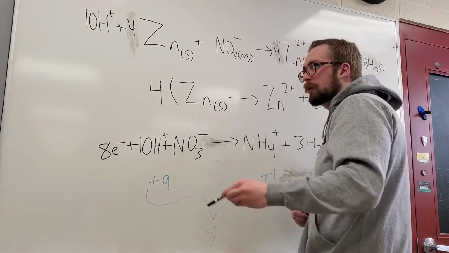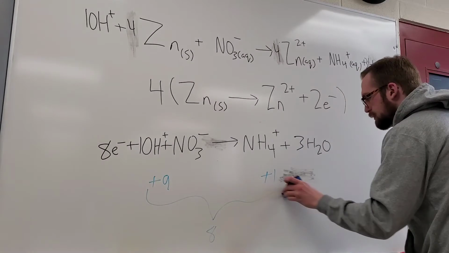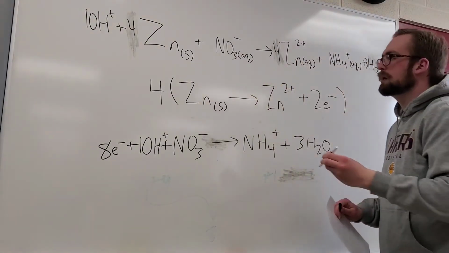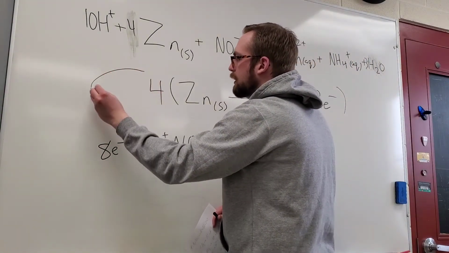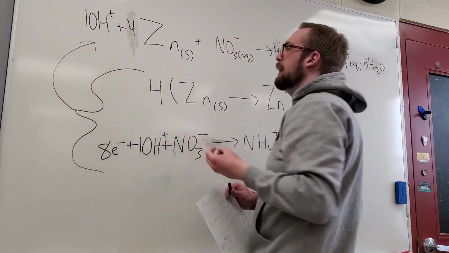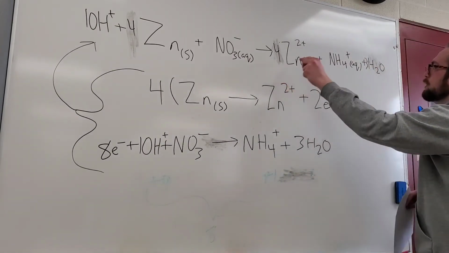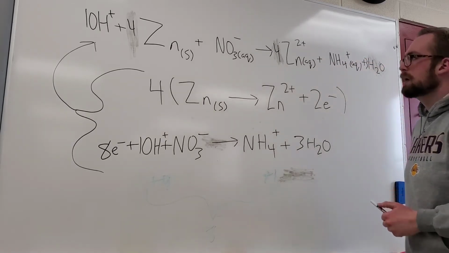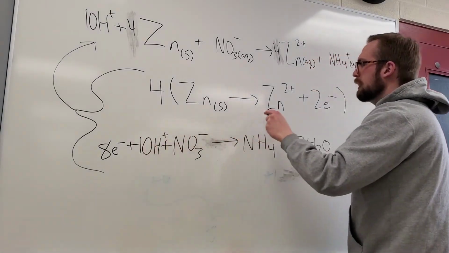When you do the overall result ones, make sure that you follow this process. What ends up happening is, just let me erase this bottom part here so we're not distracted, is that we have these two reactions. To find our net, it's what I wrote at the top here. So that 10 hydrogens plus the 4 zinc plus nitrate gives us 4 zinc 2 plus, our NH4 plus, and 3 H2O. Like I said, we have to do the half reactions so that we see the electrons here and the electrons